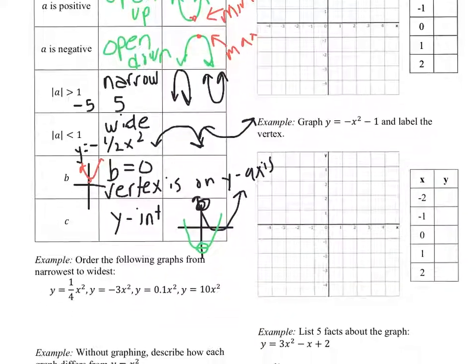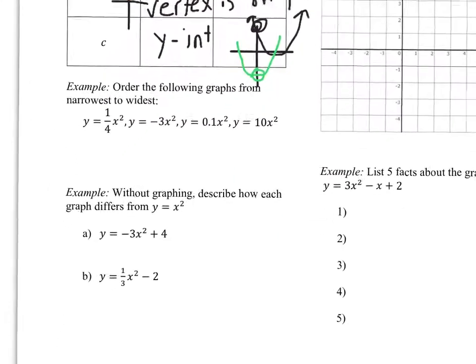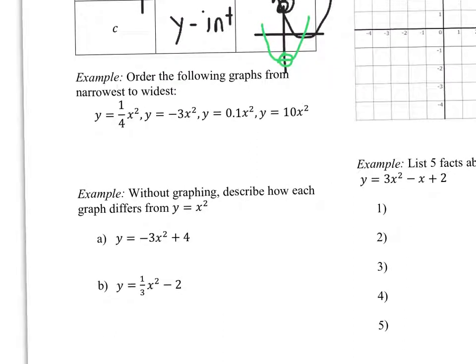Okay, order these following graphs from narrowest to widest. What you want to do is take the absolute value of each of these numbers, and narrowest means the ones with greater absolute values. So I'm going to take the absolute value of each of these coefficients. I'm going to get 1/4,